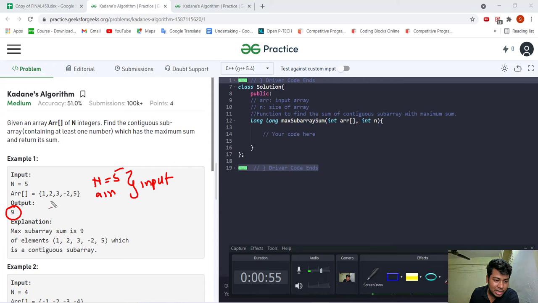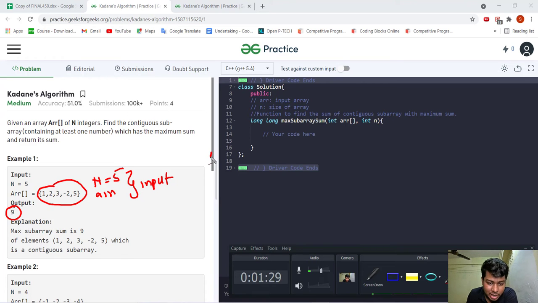If I take this example, what do I mean by the largest contiguous subarray? A subarray is nothing but a subset of a given array, and contiguous means the elements in the subarray occur one after the other. For example, let's say the output is 9. Let's decode this output. If I add all of these, I'll get the answer 9. That is the maximum value that you can get after adding all the subarrays which are occurring contiguously.